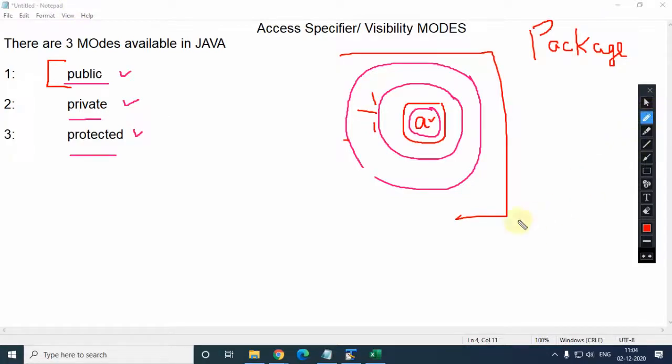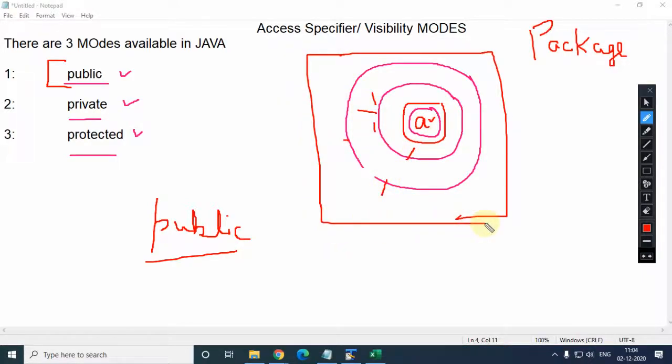As you know, public static void main. In the main method also we use this access specifier public. Public means everybody can access, the same class, the other class, or any other class, throughout any Java program, throughout the package, you can access the public data members or public methods. Suppose in a simple program you are using public static void main.